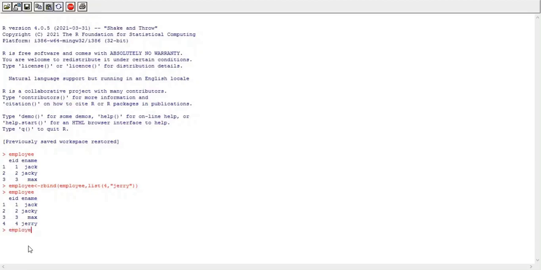So here again write down the name of your data frame, then the cbind function for column addition, and it also receives 2 parameters. First is the name of the existing data frame to which we are going to bind our column, and next is the name of the column or the name of the component that we want to add. So here I want to add city.